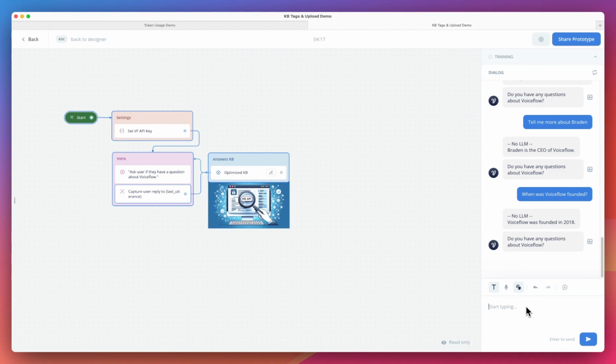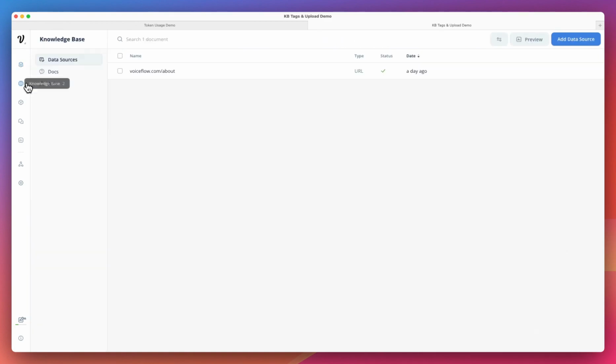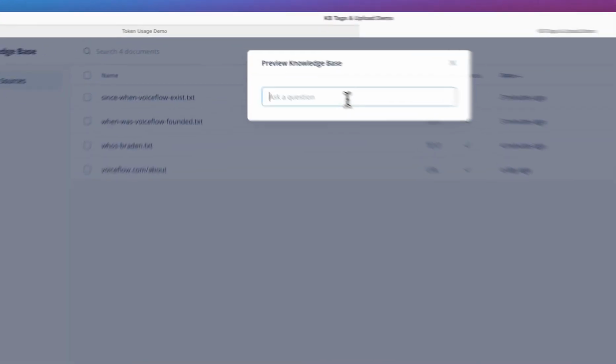So as another example, before doing another one, let's see how our knowledge base looks. And as you can see, now we have new documents. Those are text files. This is the little trick we've done to use the file upload. Since when Voiceflow was founded, who's Brayden? So now if I ask,